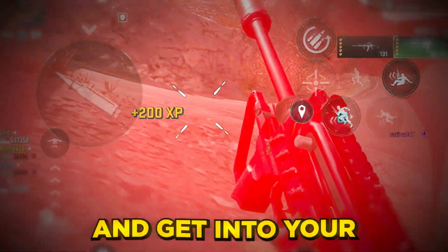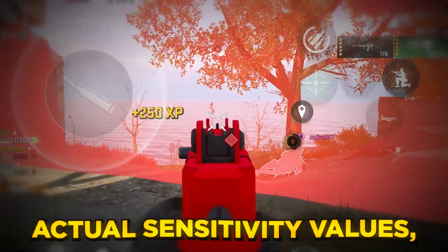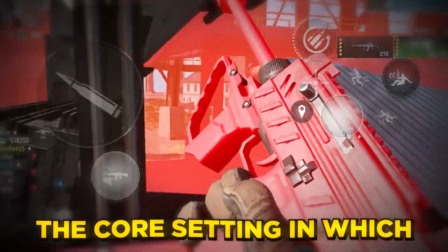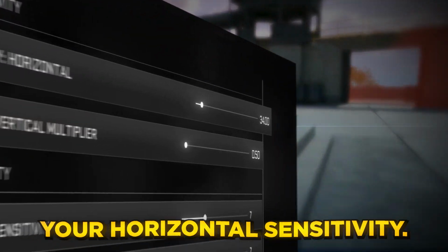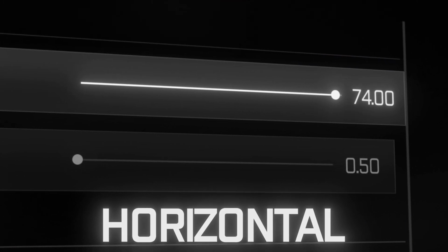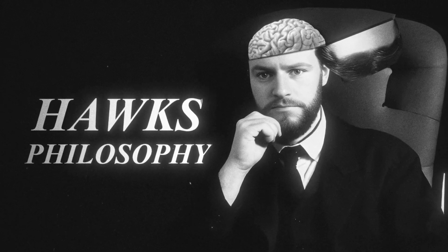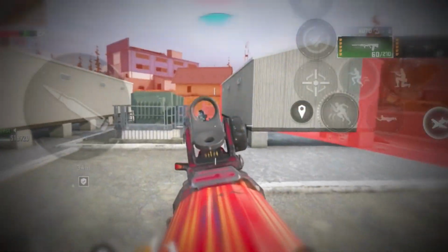Now let's go ahead and get into your actual sensitivity values, starting with the core setting in which all other settings are based on, and that's your horizontal sensitivity. This is your sensitivity that directly affects your rotation from left to right. My philosophy for this sensitivity is the same across all games. You want it high enough to be able to turn on someone directly behind you, while not being too high